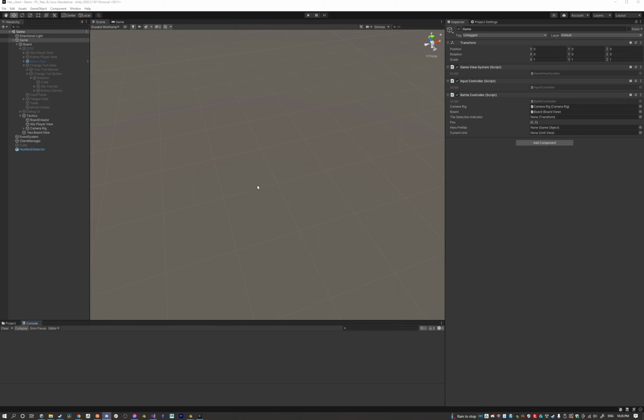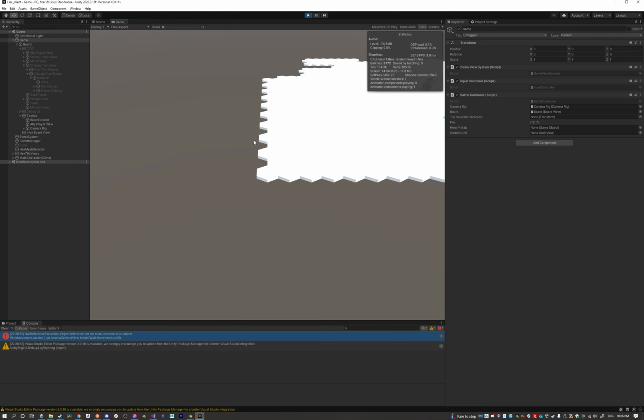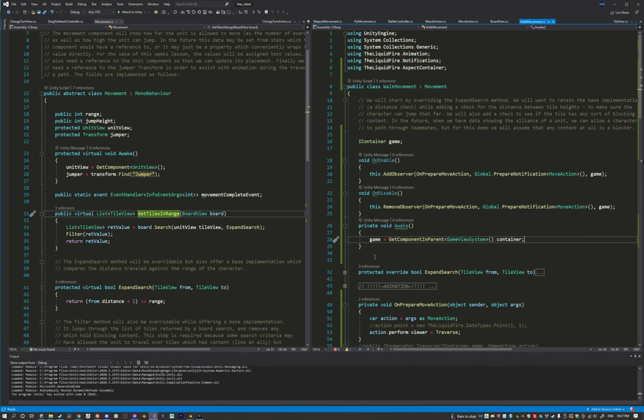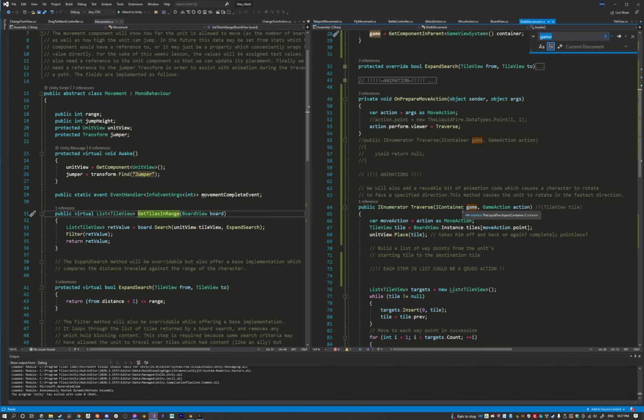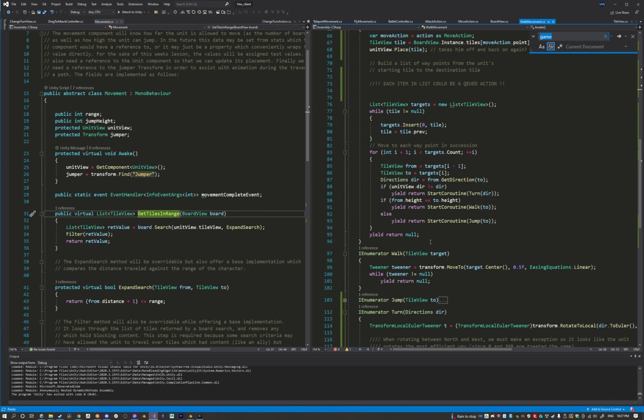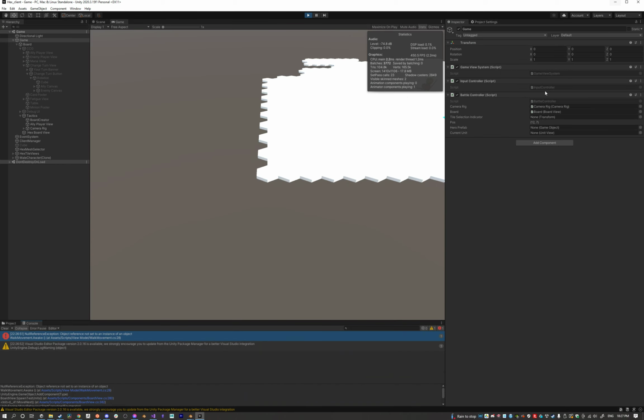Okay, enough chatting. Where was I? I was testing to see if board.instance was working. I don't know if this is a problem. Object reference set to an instance of an object. Walk movement dot awake at least. See, I kind of need that. Maybe that's what the problem is. No, maybe not. Well, maybe, but